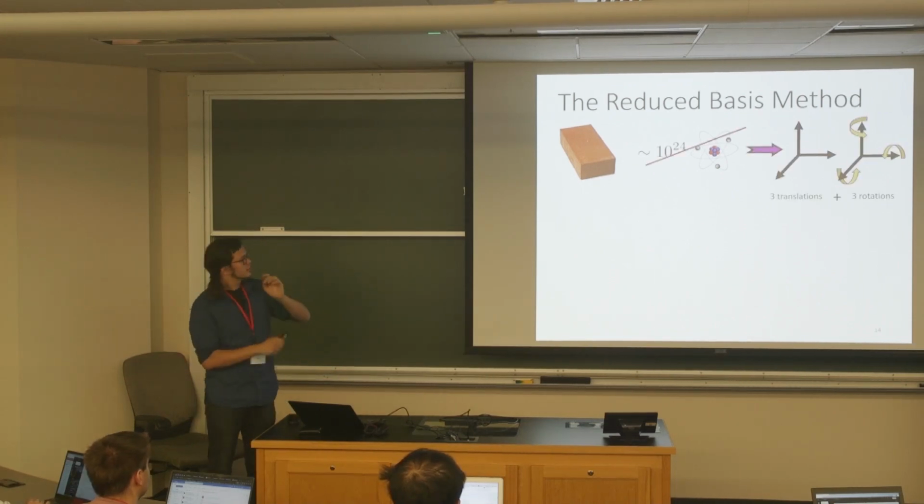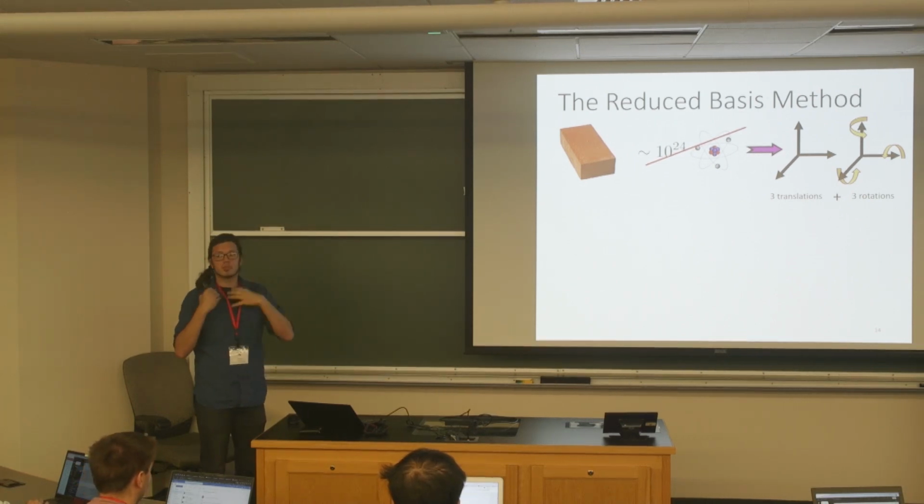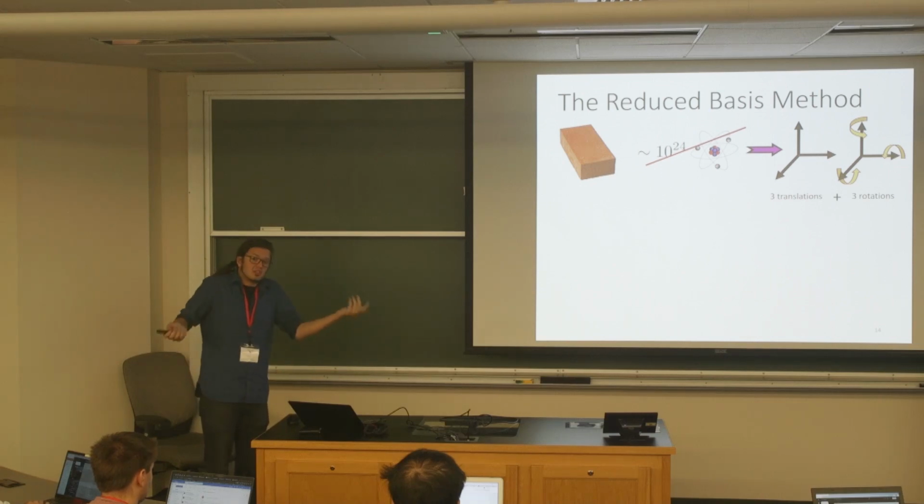And of course we don't do that. That's stupid. Usually what we try to do as physicists is find what are the degrees of freedom that matter to my problem. In this case, most likely I can describe what is going to happen to the brick with 3 rotations and 3